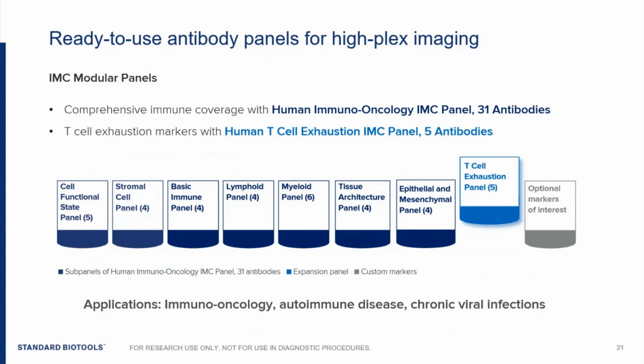So, for example, starting at the very beginning, how do you design a 4D antibody panel? Well, at Standard BioTools, we do offer pre-configured antibody panels. We now have over 25 IMC panels currently in our catalog, each relating to different research applications. So, for example, human or mouse immuno-oncology, neurodegeneration and phenotyping, T-cell exhaustion, tissue architecture, etc. Starting with one of our pre-configured panels makes the process of designing your high parameter antibody panel that much easier. Plus, you can also bring your own antibodies. If there's a target not available in our catalog, you can easily add it to our IMC panel